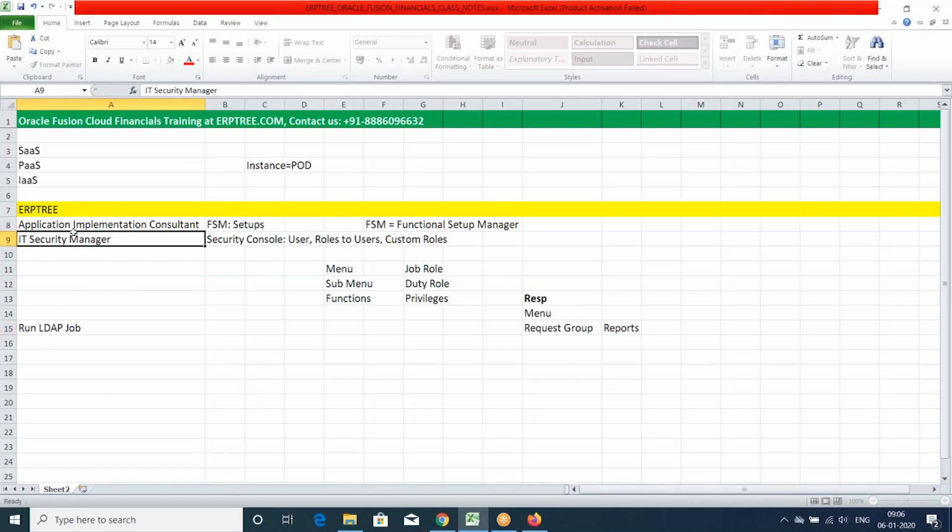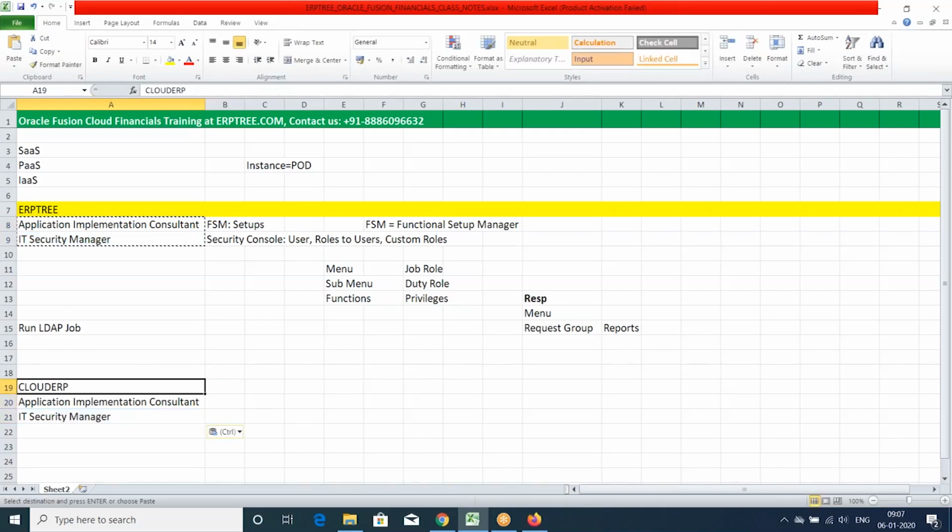What happens is, whenever you assign roles to a user, this role assignment for this user needs to be updated in the LDAP directory services. Otherwise, if you log into the instance as a cloud ERP user, to this user we assigned these two roles, right? We did this task.